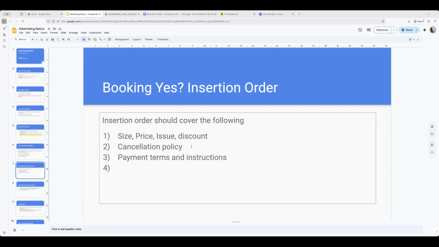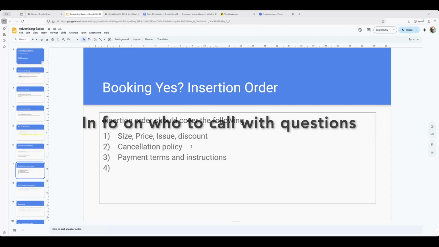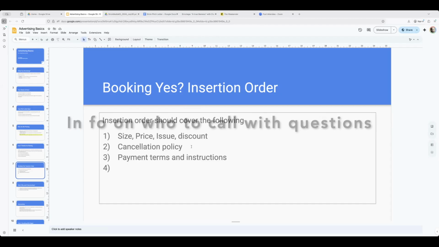So all of that information is laid out. And then, does the person have any questions? Here's who to talk to in accounting if you have questions. Here's who to talk to in artwork if you have questions. And of course, you could talk to me if you want to. If you have any other questions, I am here. At the end of the day, this is still very much a customer service business.